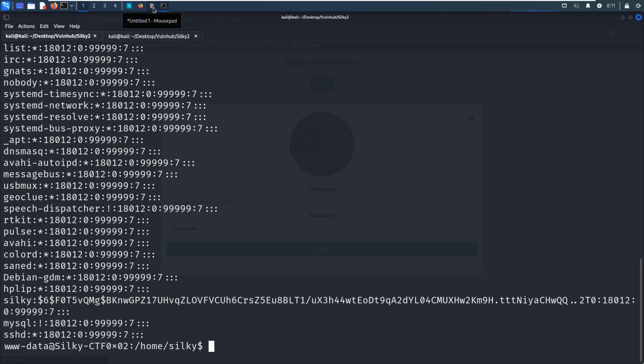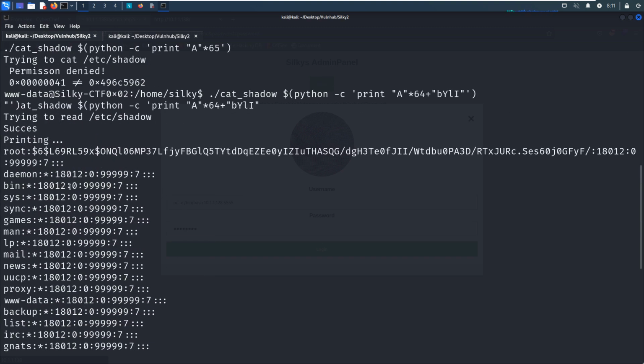All right, we successfully retrieved the shadow file.